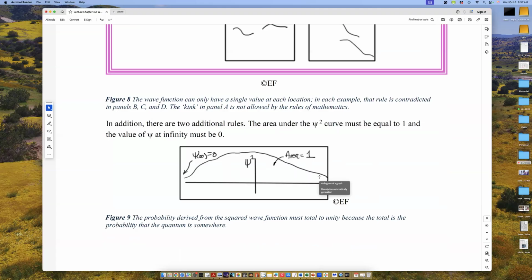What's more, we have to take care that if we look at the wave function squared, that's the probability of some outcome occurring, and if we accumulate all those probabilities over all of space, the result has to be the number 1. Because if you roll dice, there's a probability of a certain face appearing after the roll, but there's always some result. So another boundary condition on the wave function is that the square of the wave function accumulated over all of space has to be exactly equal to 1.